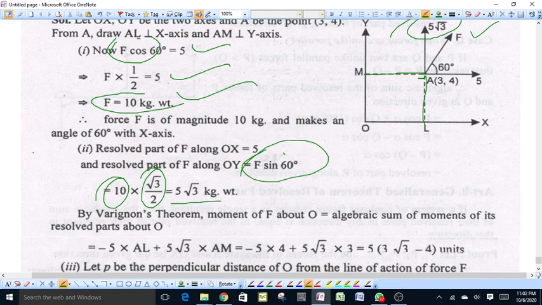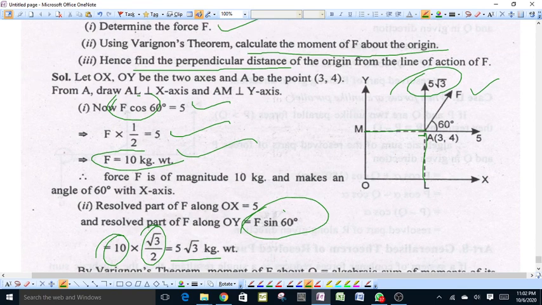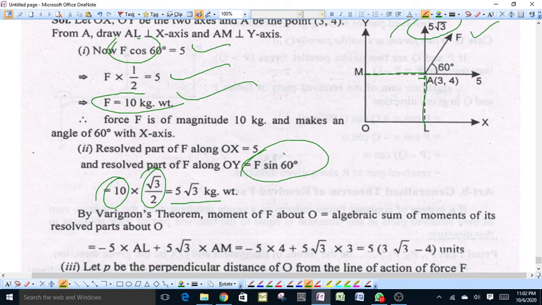Now, by Varignon's theorem, the moment of force F about O will be equal to the algebraic sum of the moments of its resolved parts about O. The resolved parts of F are 5 kilogram weight along the x axis and 5√3 kilogram weight along the y axis. This 5 kilogram weight, that is the x component of this force, will produce a moment in the clockwise sense, and this will be negative and will be equal to minus 5 into the perpendicular distance AL,